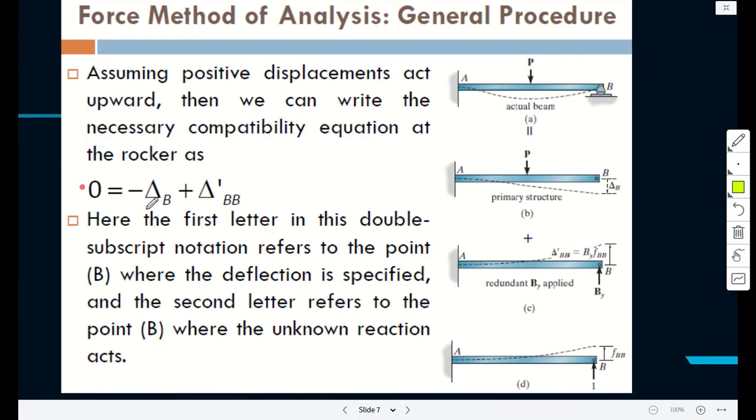So you add the two to give you 0, except you can also be told that the net effect is that the support displaces by 5 millimeters. If that is what you are told, then you have to put 5 millimeters there. But in this case, there's nothing, so you equate the two. This is based on